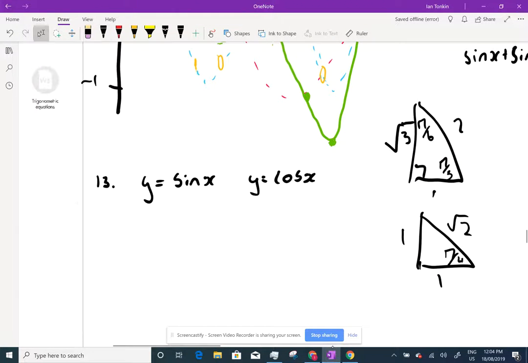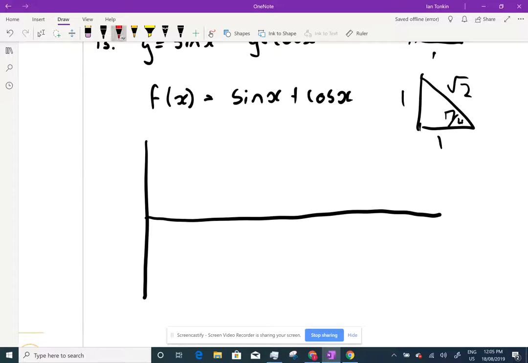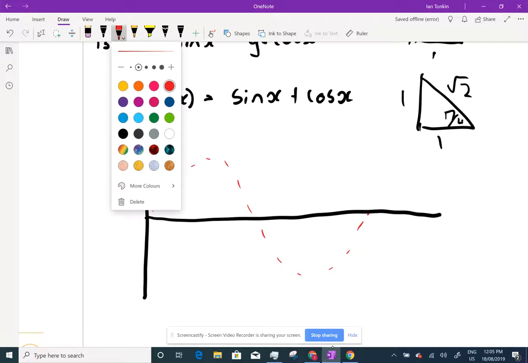But what we want to graph is f of x equals sine x plus cos x. So what you want to do is graph them and do them dotted. So here's sine x, and here's cos x,